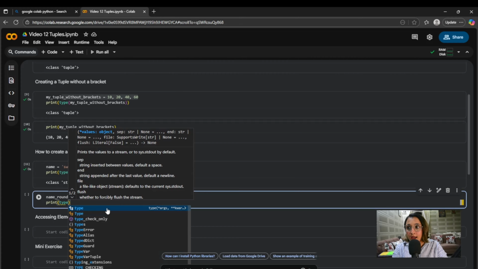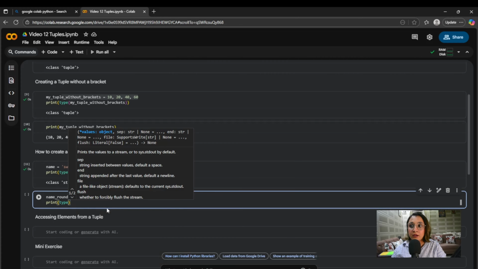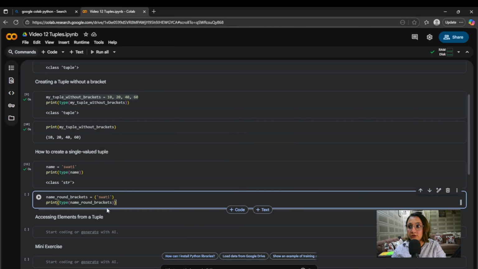In Google Colab, you would also get the option to autocomplete using a tab. Right now I'm getting that. So if I hit tab, it is going to autofill that. So if Google Colab has detected exactly what you intended to write, you can just hit tab, save your time, and run that command. While you are learning Python, I would suggest to manually type all the commands so that you remember each and everything that you're typing. So I'm going to run this,